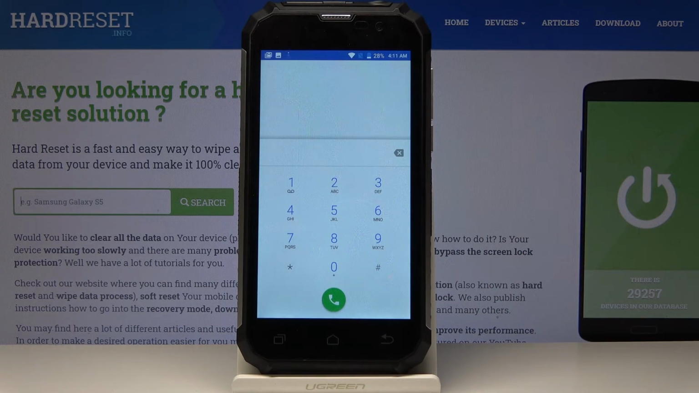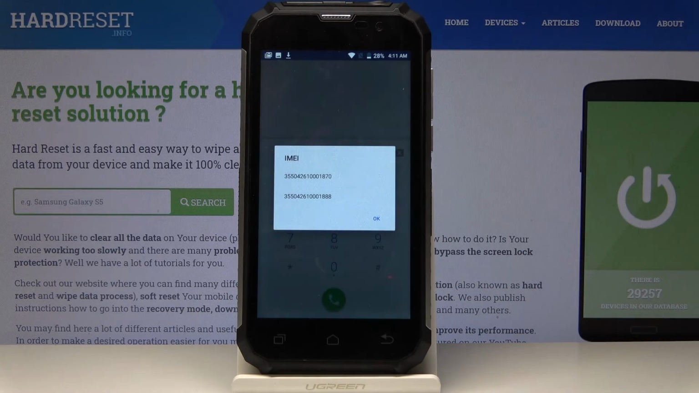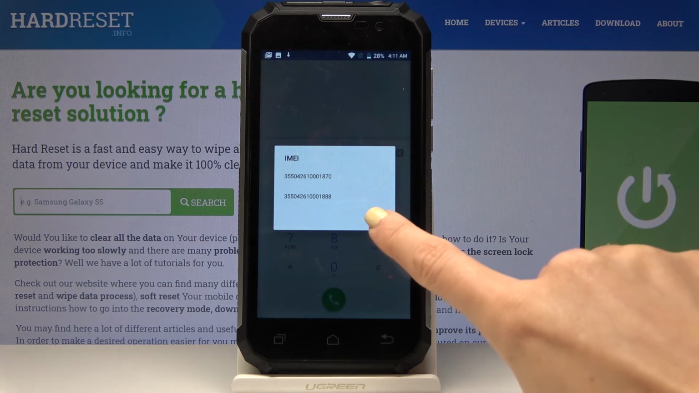And now it's time for the last code, which is *##, 06. This pretty short code will provide you with both IMEI numbers assigned to your device. And that will be all. These are all secret codes for your